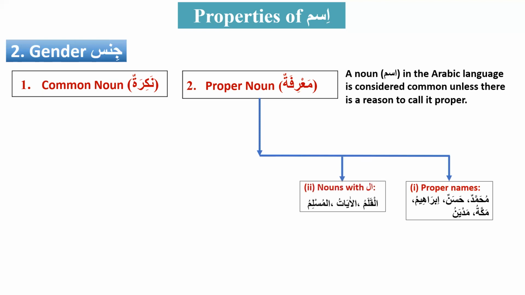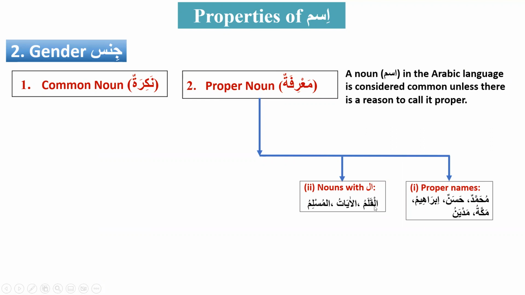The second reason: if you see an al with an ism. Originally it was qalamun, a common noun, and then al was attached to it. Al means the. Now it is the pen, or you may say D pen, however you want to pronounce it. And you see the tanween is gone and it is replaced with one dhamma.